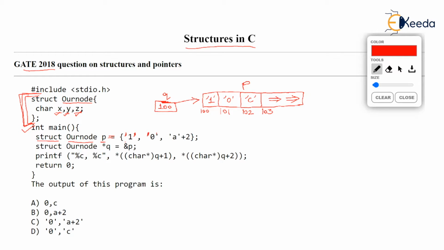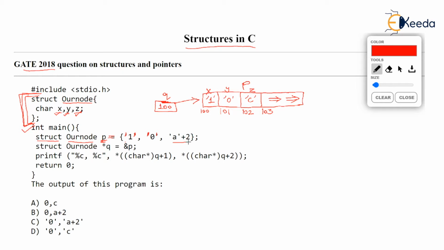So in this variable P, we have three members as shown in the diagram over here. We have P, which is a structure, and this member on which I am hovering the mouse is X. So X is 1. So P dot X is 1. This is X. For clarity, I will write this is X. And this is Y, the next member, which is initialized to character 0. And the last member is Z, which is initialized to character C. Now, how is that C? You just check the third initializer here.